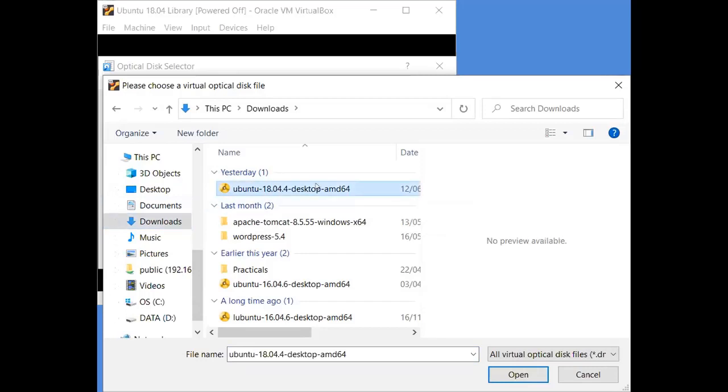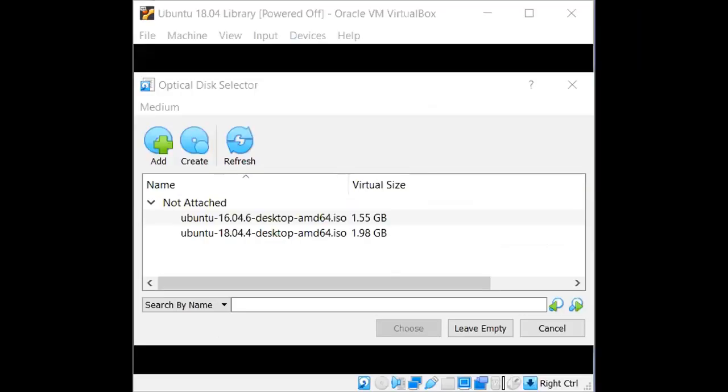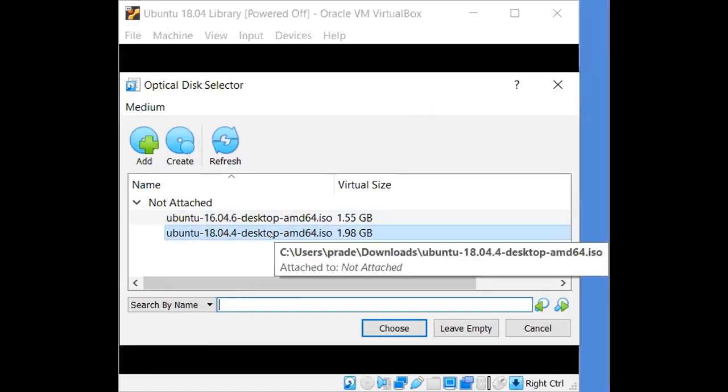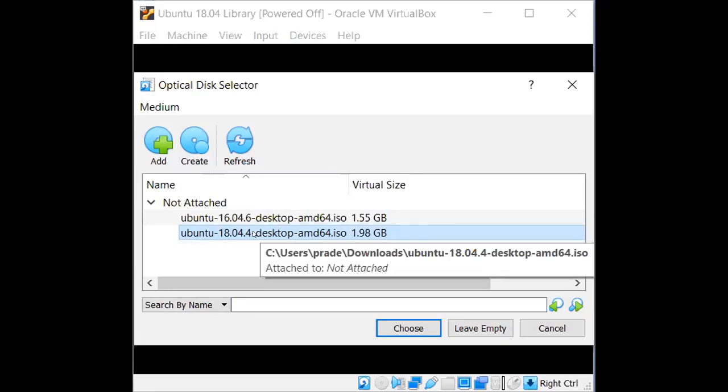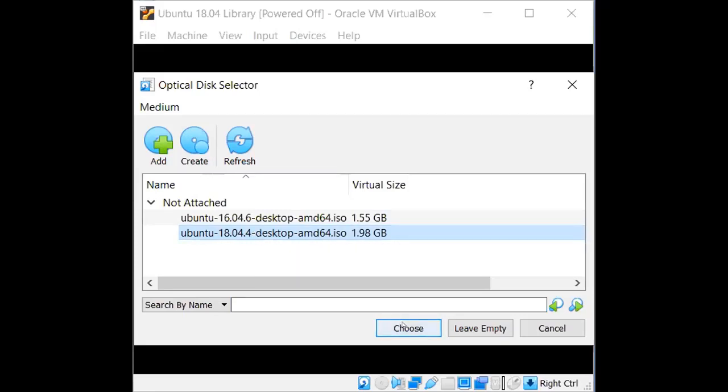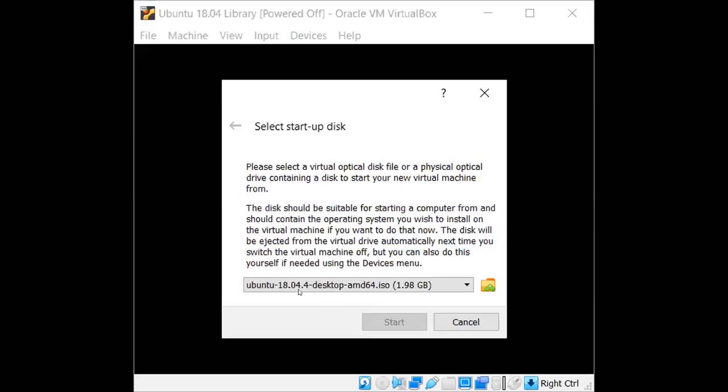Click the ISO file and click on open. Then attach the ISO file and click on choose. It will pick the bootable media.